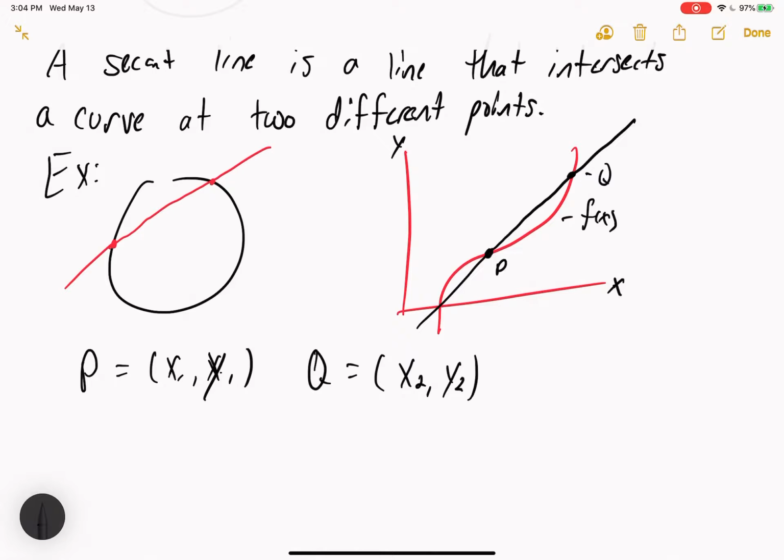So this is just because these are actually points on the xy plane. We can put this in a setting that we're actually used to. So we can call the secant line, we say the secant line will be denoted by... All right. So the secant line,